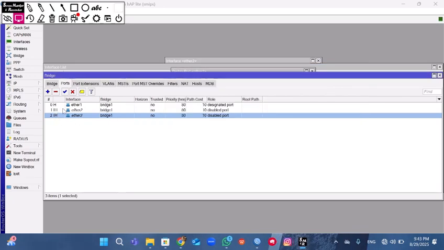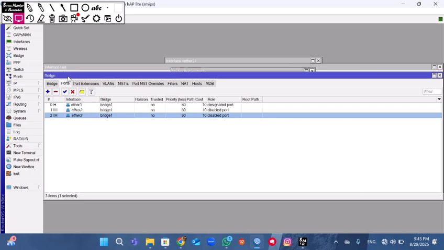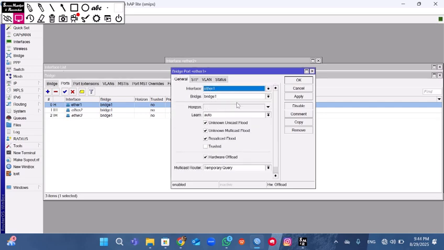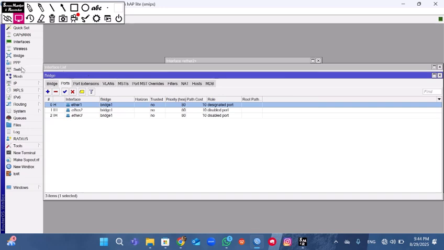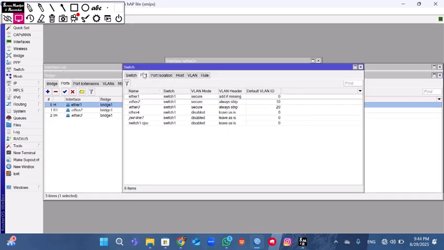After you add it in the switch, you can go to bridge and set it to Ether 1, bridge 1. Oh no. You can go to switch, then port, and set it.